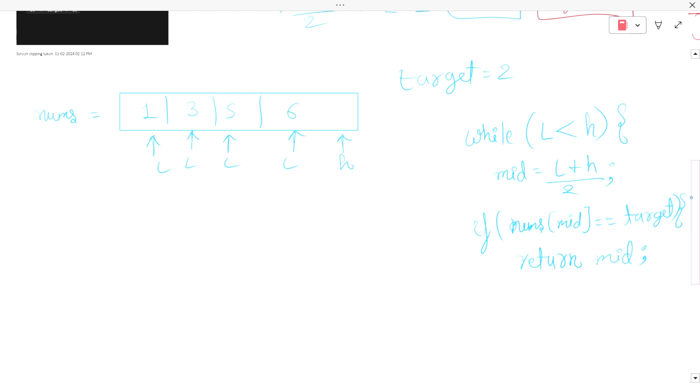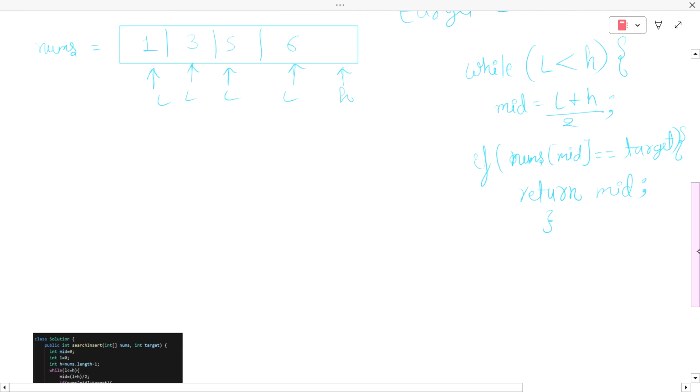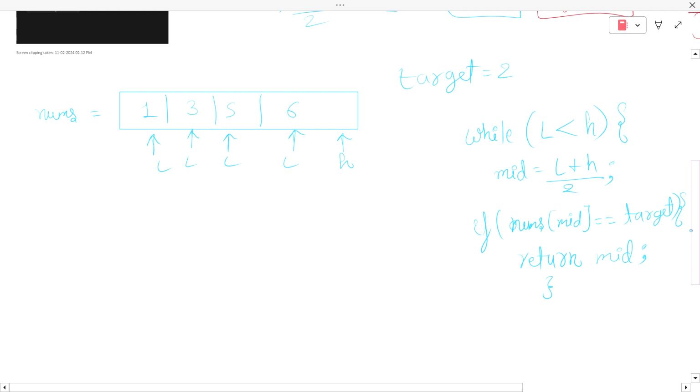Then I will simply return this mid value, and else if my nums of mid is lesser than target,